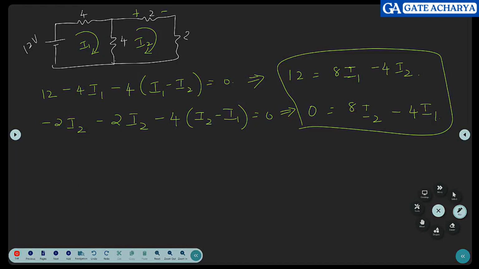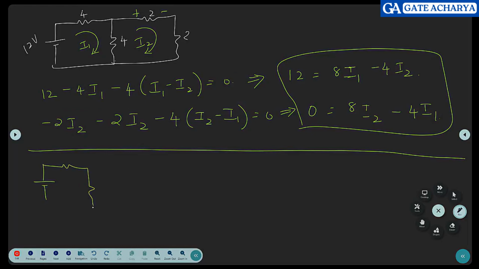Now you don't have to do all these things. In this particular problem, it is much easier to solve. What do you do? Reduce these resistances. How do you reduce these resistances? 4, 4, and these two are series. When you have series resistance, what do you do? It will become 4. When you have 2, 4, it will become 2. How do you do parallel resistances? 1 by R equal to 1 by 4 plus 1 by 4. You can do that reduction and then you end up getting